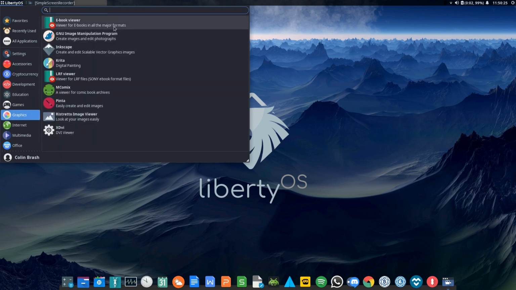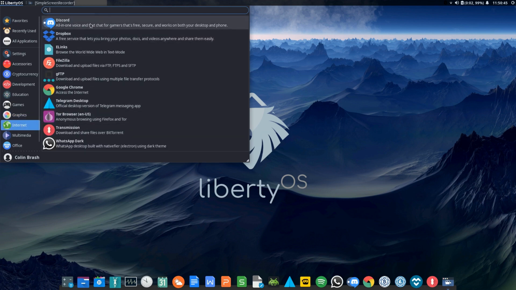Graphics, we have an ebook viewer. We've got GIMP, Inkscape, Critter, LRF viewer for LRF files, Sony ebook format files, okay. A viewer for comic books, Pinter, Ristretto image viewer, and XDVI. Under internet we have Discord, Dropbox, EzeeLinux, FileZilla, GFTP, Google Chrome by default, out of the box, Telegram, Tor browser, Transmission, WhatsApp Dark,